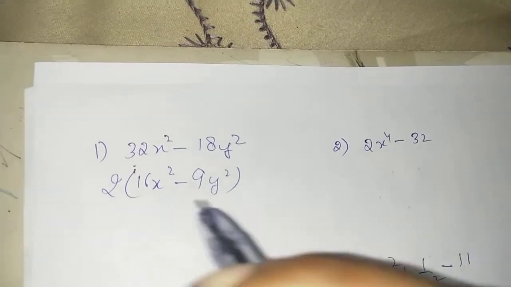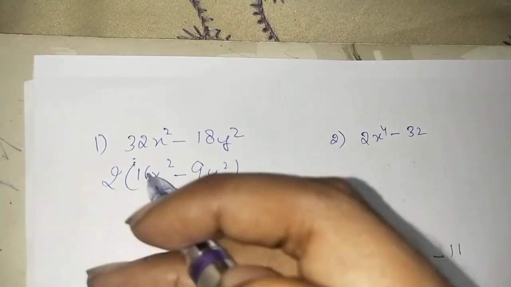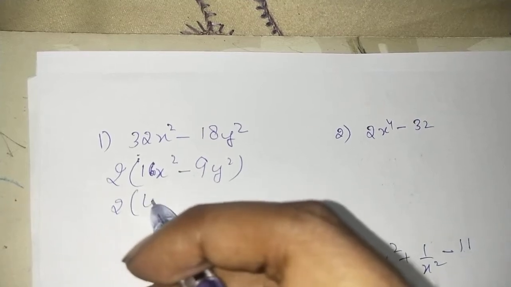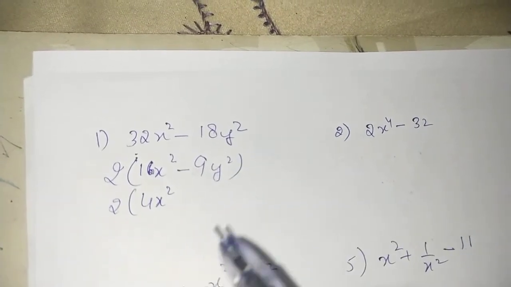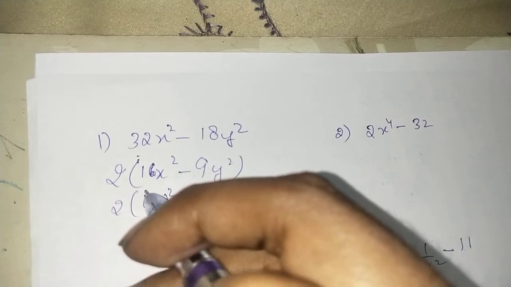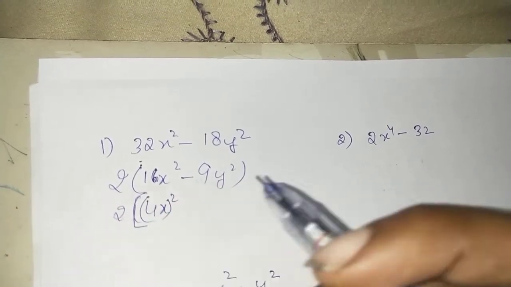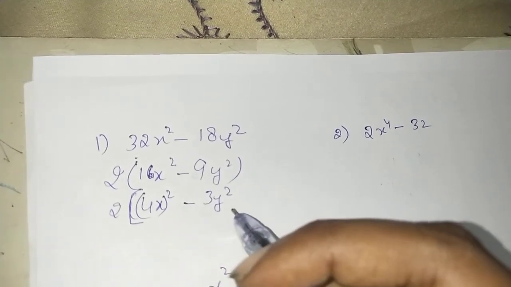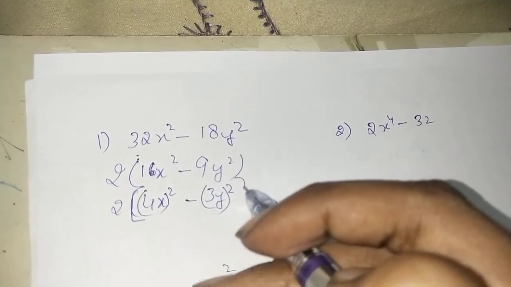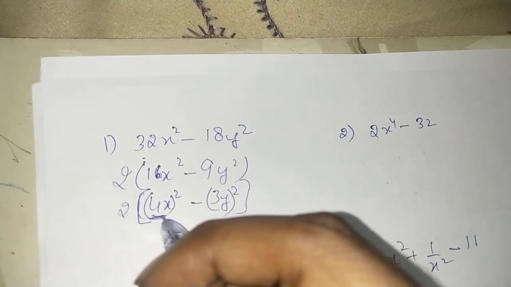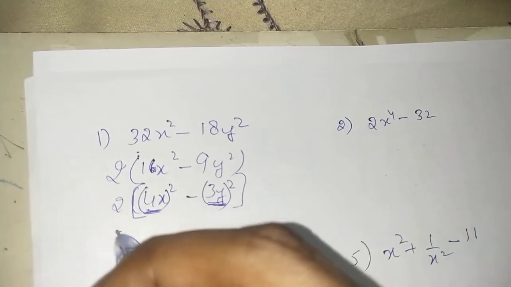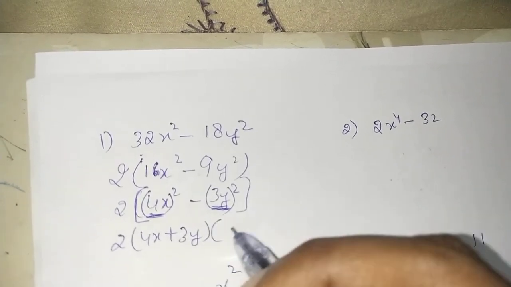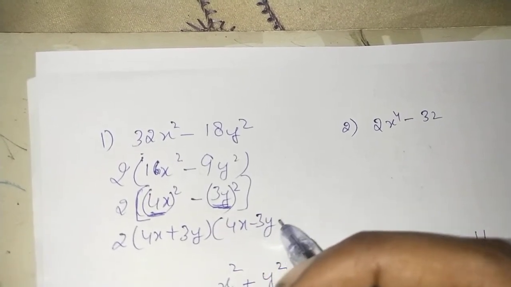Now what is this thing transformed into? We can see that this is the square of 4x. So we will have to write down... No, you will have to represent it in a bracket. Remember this thing. Most of you just simply write down 4x square. That is wrong. Similarly, some of you will write this as 3y square. No, you have to place it in a bracket. So now this thing will be your a and this thing will be your b. So in one bracket a plus b, in other bracket a minus b.